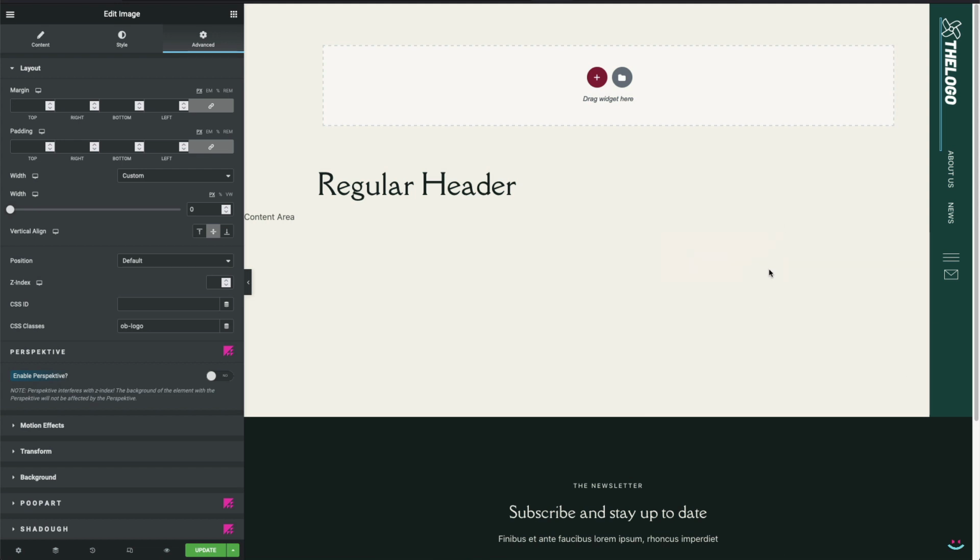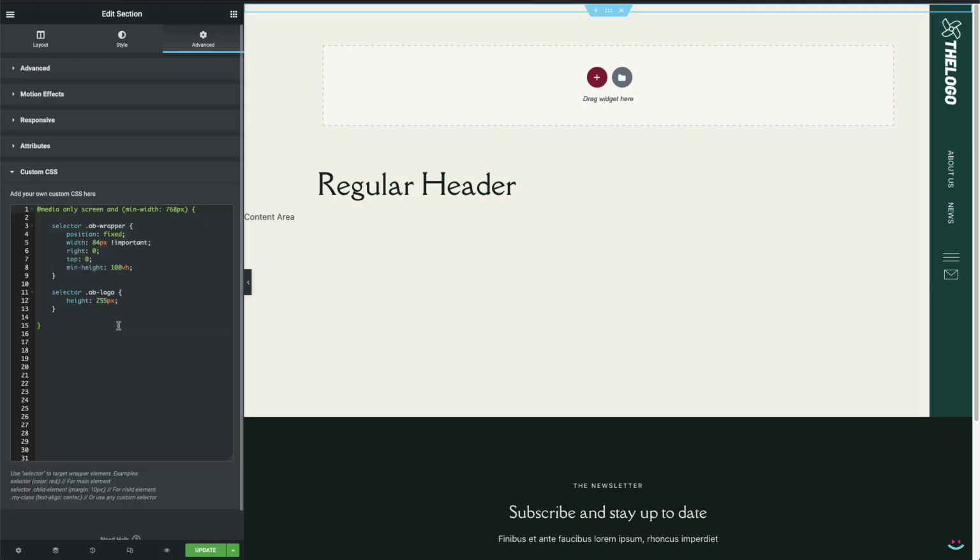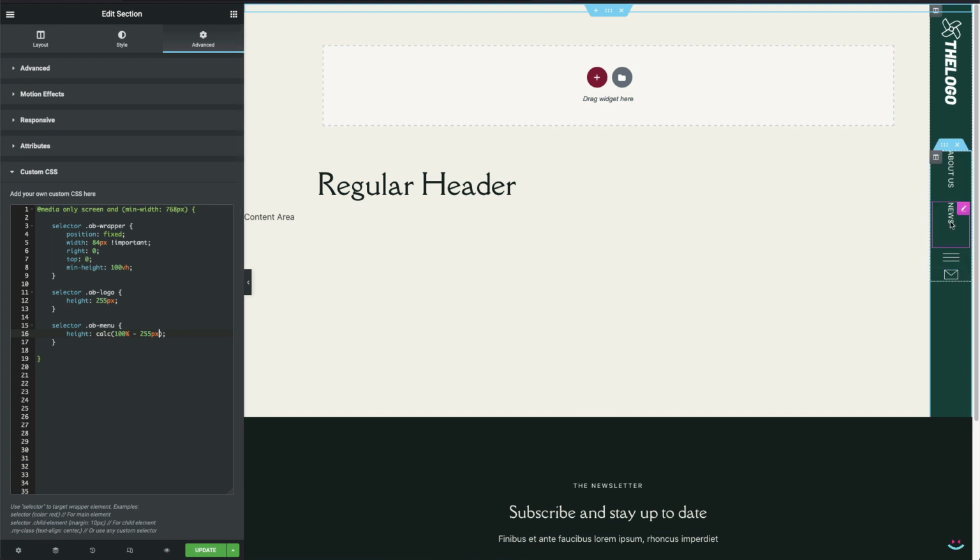What I have to do next is to make the intersection stretch all the way down and let it take all available vertical space. Since there's no way to do something like that in editor, I'll reach for my custom CSS panel once again. The intersection custom class name is OoohBoi menu, and its height will be equal to a simple math expression. Calculate 100% minus 255 pixels. Or otherwise, let it be as tall as the entire available vertical space minus 255 pixels, which is the height